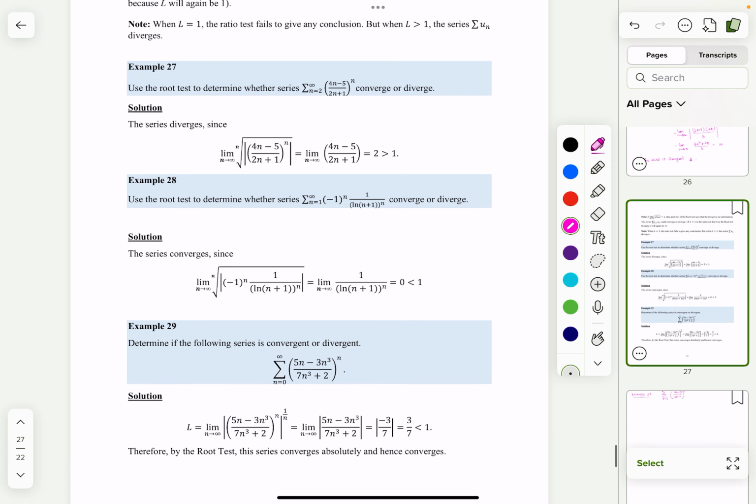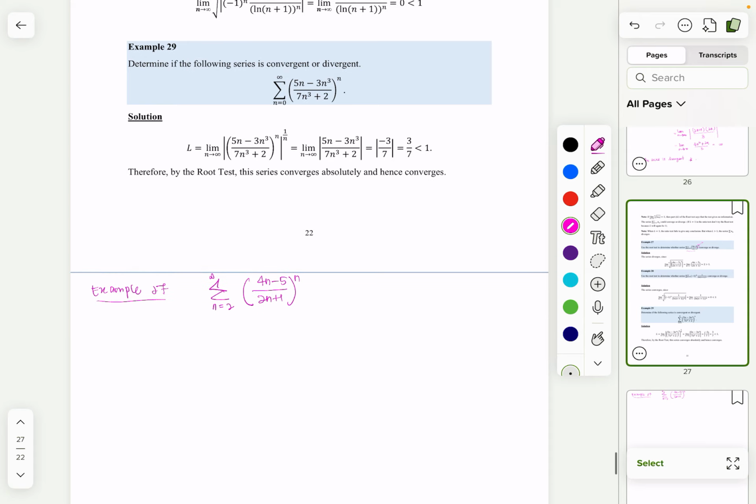Just as a tip, usually a series that has a power of n like this is suitable for the root test, because this n would be cancelled out later. So when you see a series with something to the power of n like this, you can try to use the root test. So by using the root test,